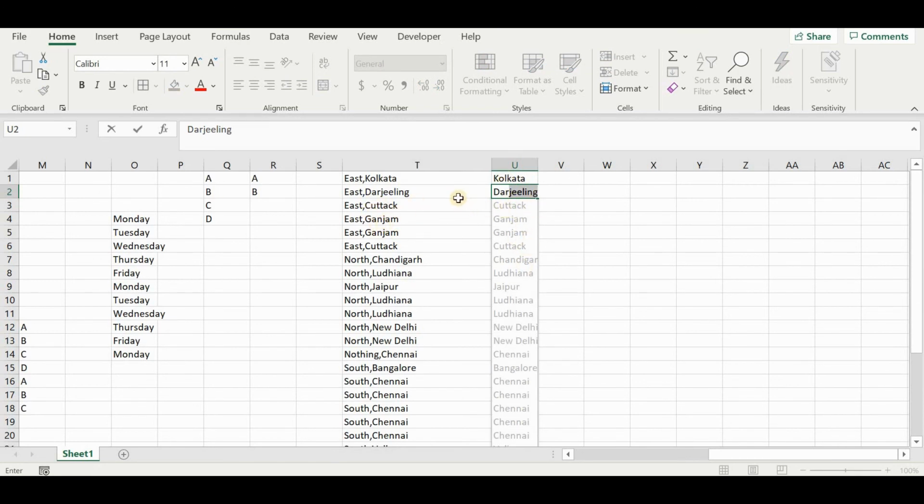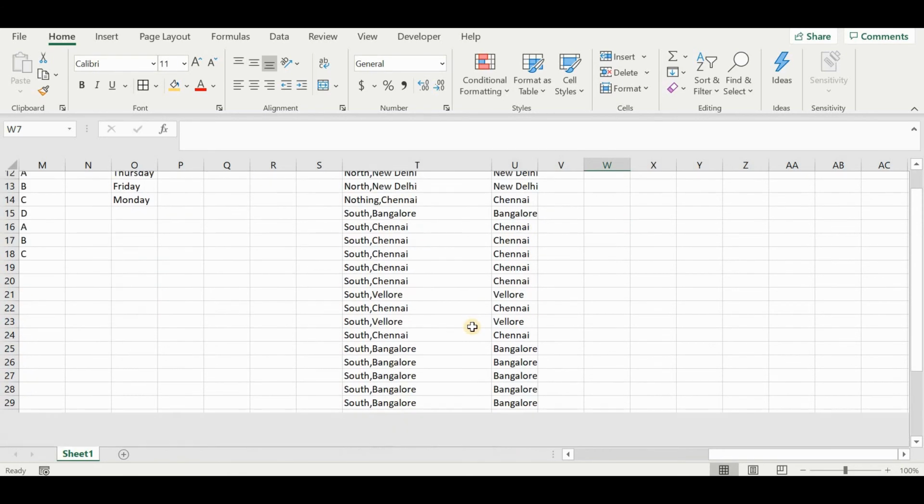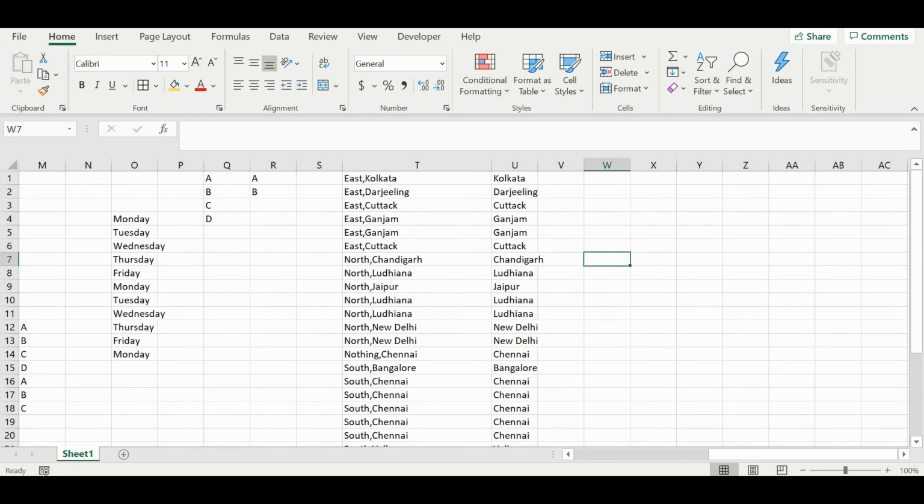The moment Excel understands a pattern, it automatically fills these in. To accept, just press Enter and it has been done. This is Flash Fill. Because it is correct, I have accepted. Again, a very powerful feature that can be used for other things as well.